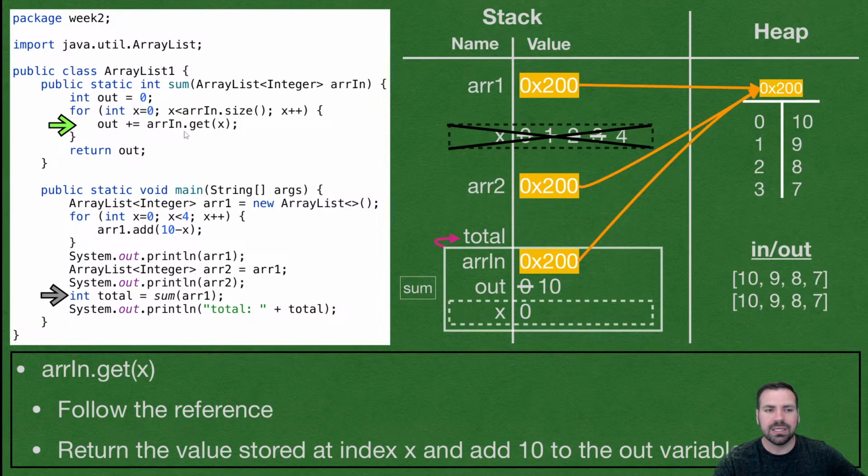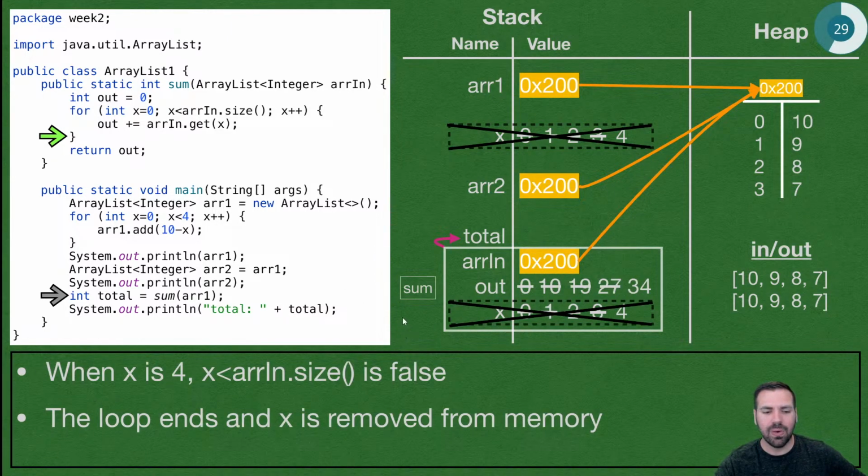Out equals out plus arrayIn.getX. So arrayIn dot means follow the reference. Get x, x is 0. So get the value at index 0, which is going to be 10, and then add that to out. So 0 plus 10, assign that to out, and then do that through the whole array list